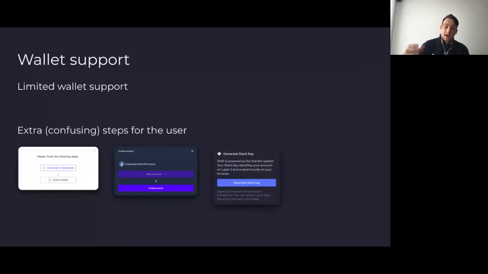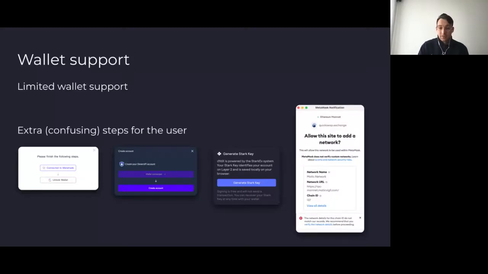And for the products which are using a different chain, like a side chain, Plasma, or another layer 1 that uses the same addresses like BSC, users will have to change networks. So for example, if you want to use Matic, you're presented with this scary message from MetaMask that asks you to add a network. There's a lot of stuff that you don't understand, a warning at the bottom with a red exclamation mark, which again, not great for the user. Our general normal person will not want to deal with that.